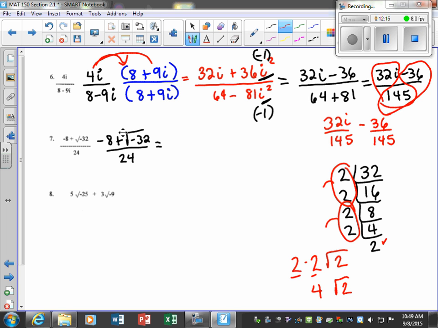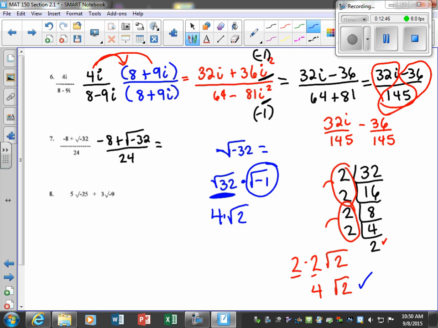So that's just 32, but what do we have? Yes, we have negative 32, so basically what we want to do is the square root of negative 32 is the same thing as the square root of 32 times the square root of negative 1. Now we just took the time to break this down and reduce it. What did we get? 4 square root of 2. And what does the square root of negative 1 equal? i. So we could just say 4i square root of 2. So we would come back up here and say negative 8 plus 4i square root of 2